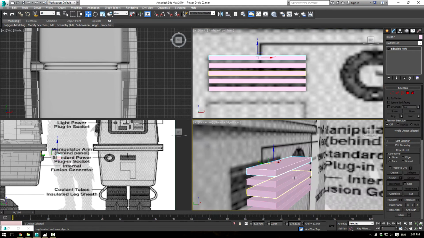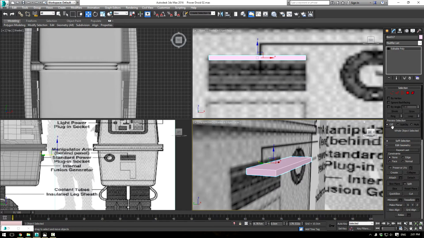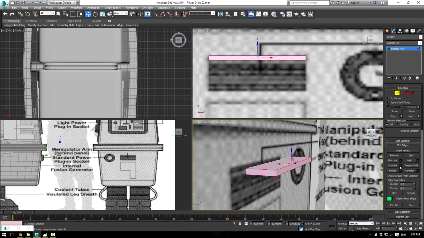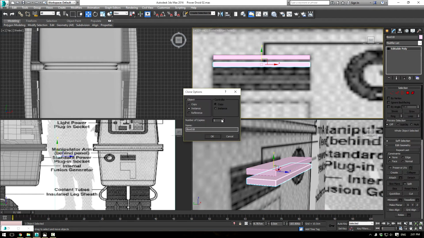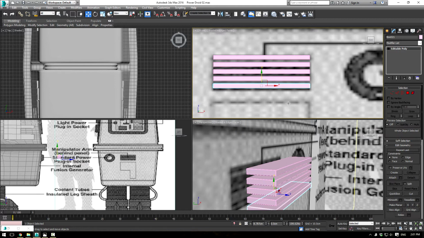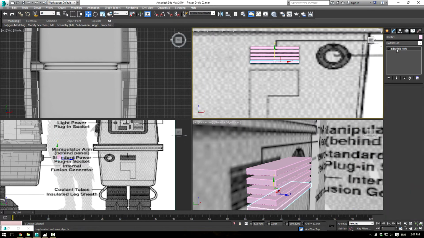And did we actually chamfer that? No, we didn't chamfer that, so undo that. I don't know why the chamfer didn't work. There we go, now it worked. So now shift drag down our 5. Okay, and then for our box,